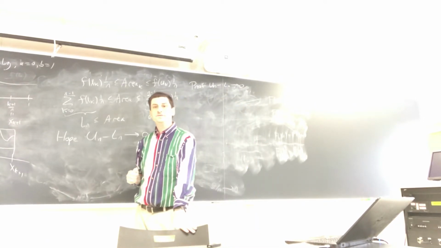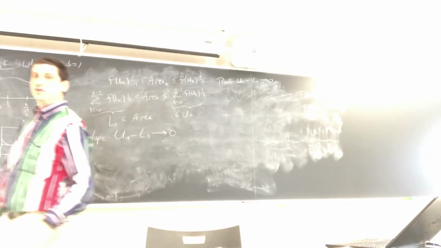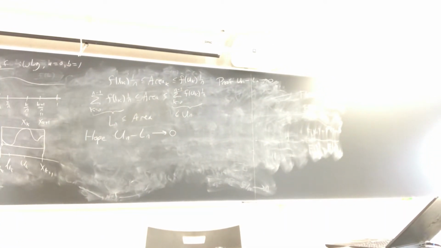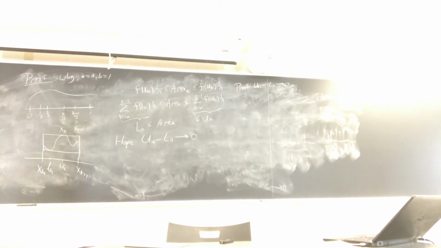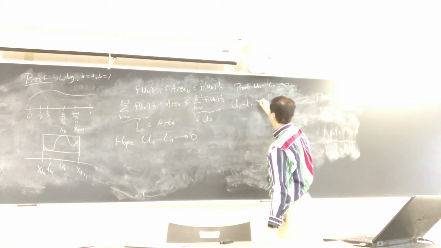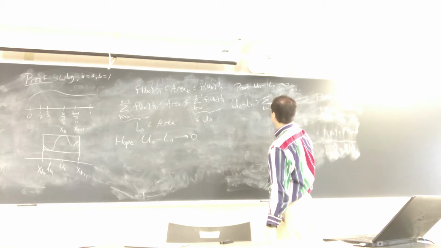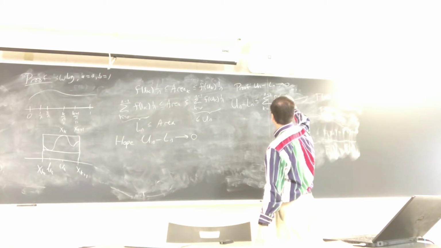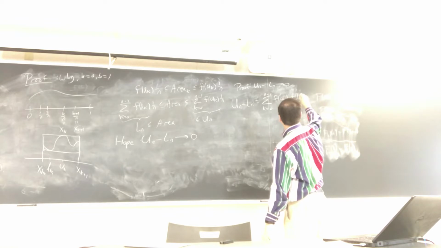So we know that the lower sum can't be larger than the upper sum. I'm going to just try to move this so that the glare and light is not as bad. So we know that the lower sum can't be larger than the upper sum, and the upper sum can't be smaller than the lower sum. How far apart could they be? Well, let's look. So un minus ln is going to be the sum, k goes from 0 to n minus 1, of f of uk minus f of lk